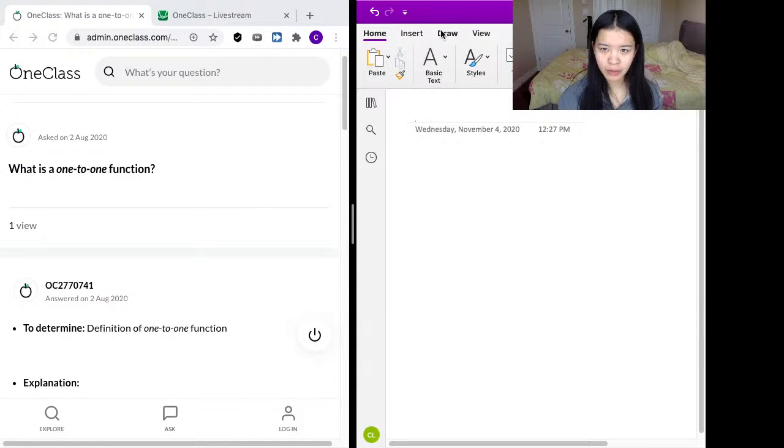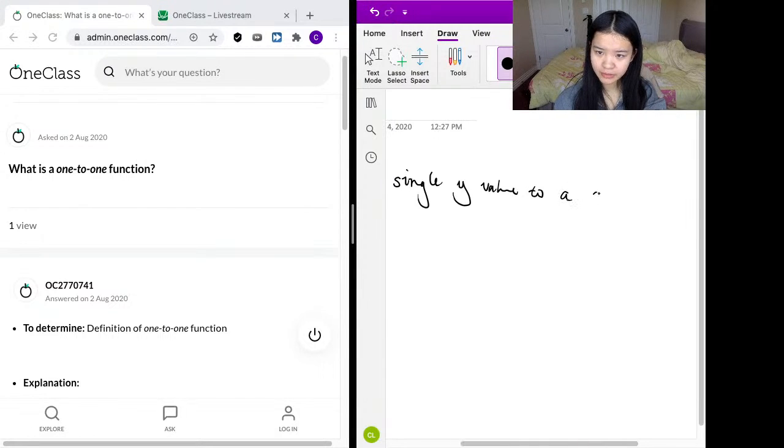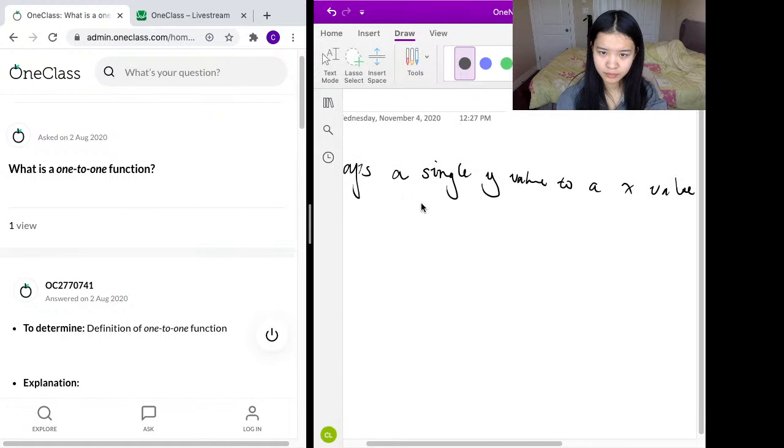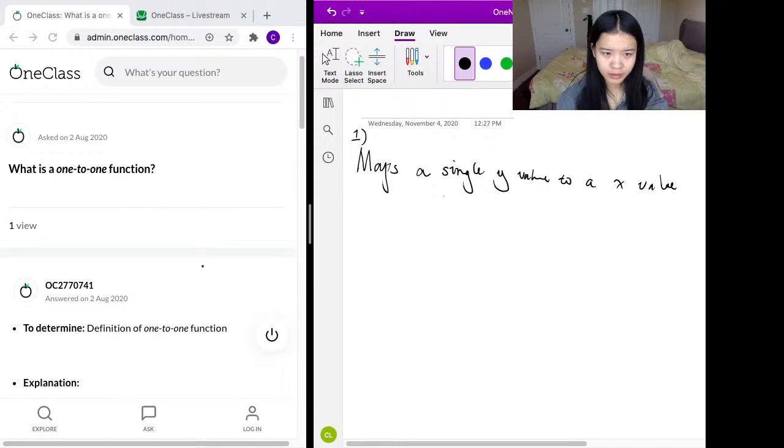So the thing to note for one-to-one function is that a one-to-one function maps a single y value to an x value. Question number one maps a single y value to an x value. Let me zoom in a bit. Okay, so